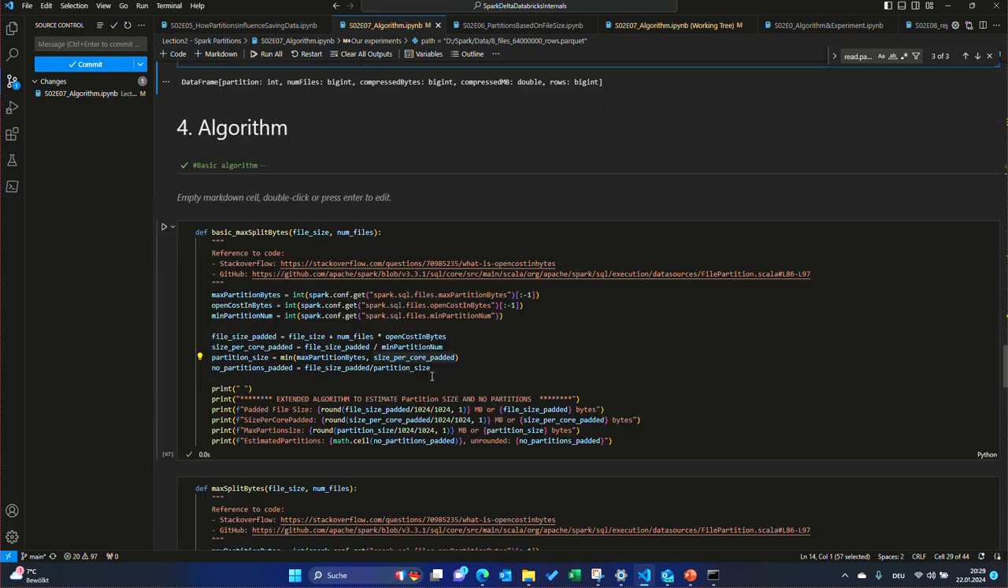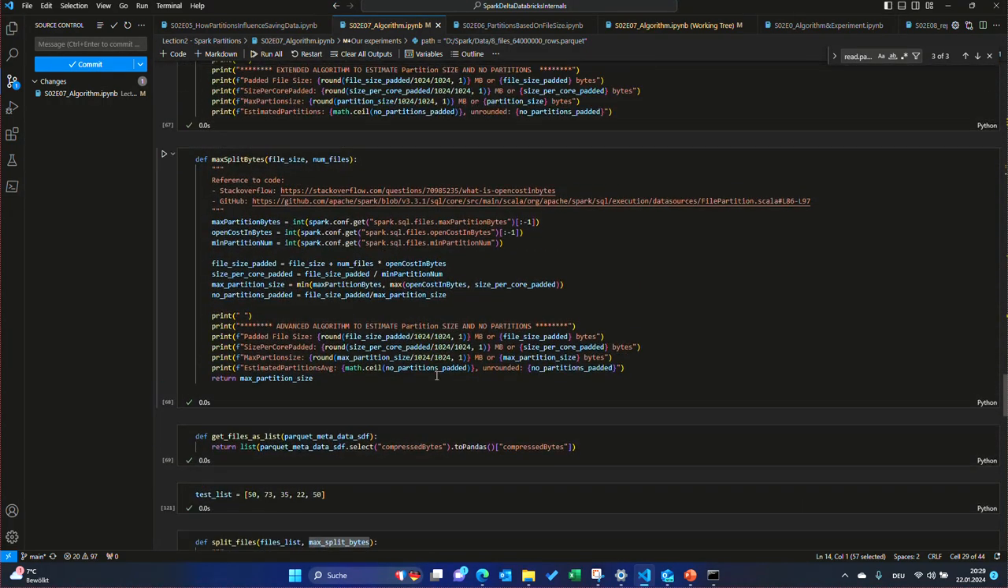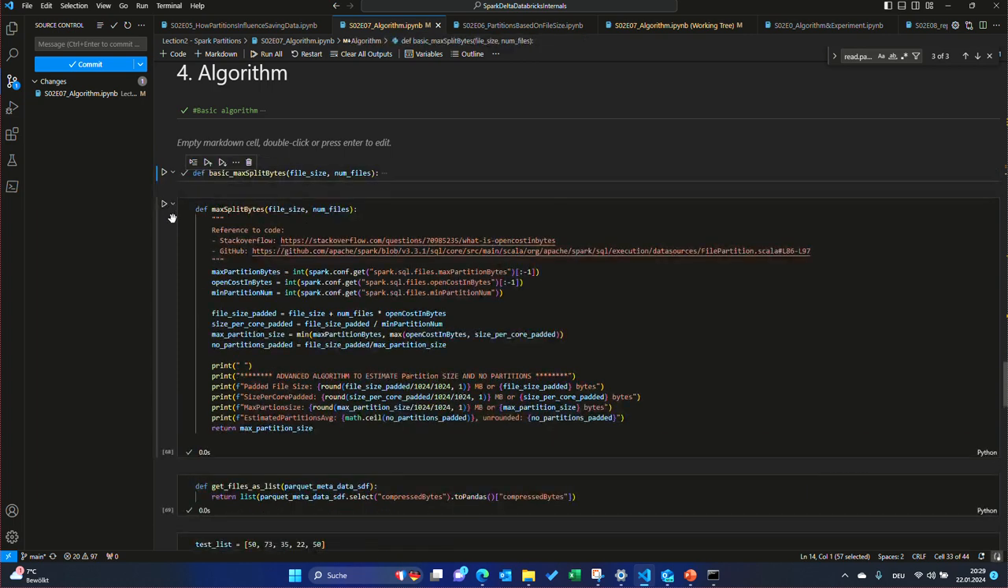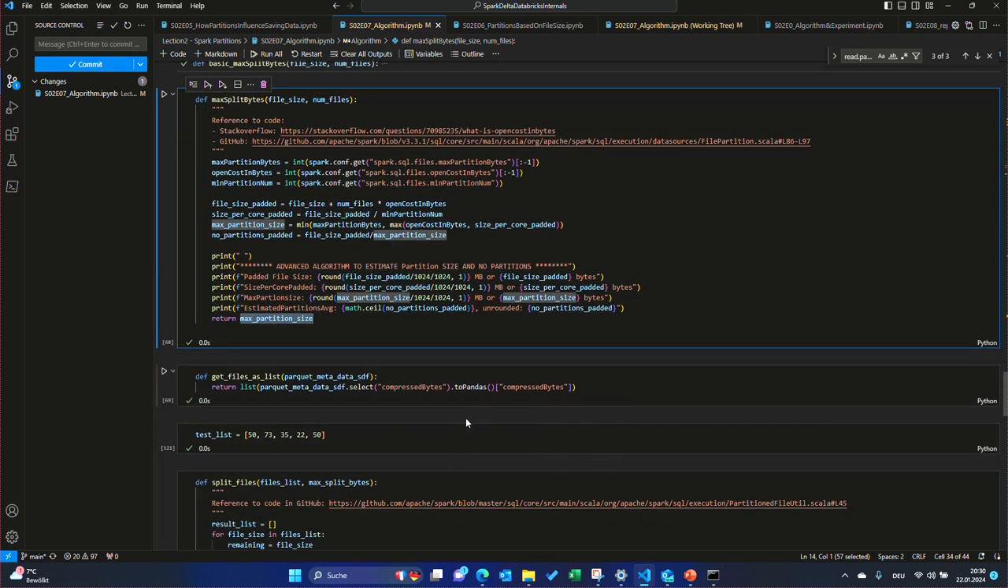So what is Spark actually doing in the background to calculate the partitions? The most important thing is, let's just close it. It doesn't calculate the number of partitions like that, but it uses exactly this value to split the partitions based on a specific logic. So what we're going to do today